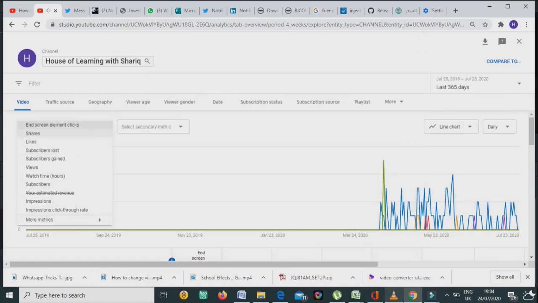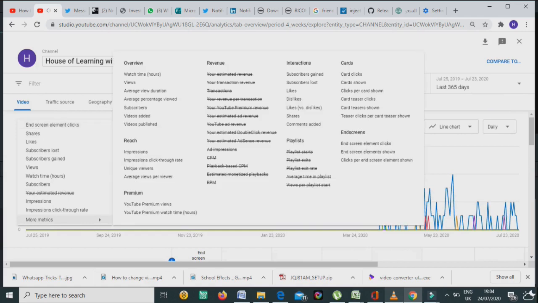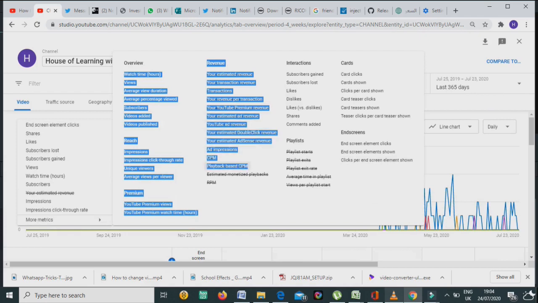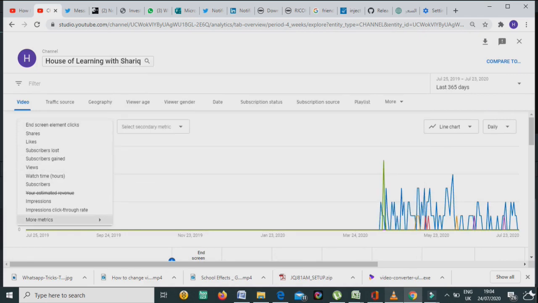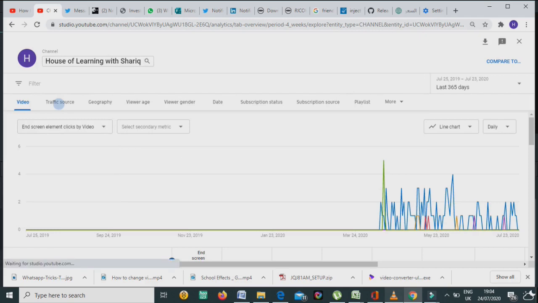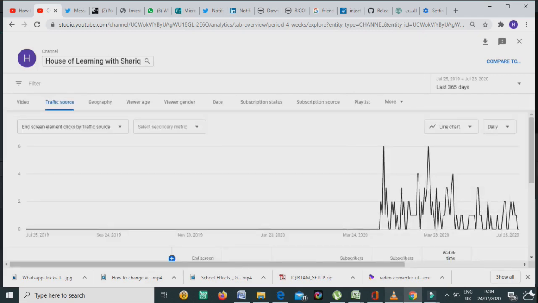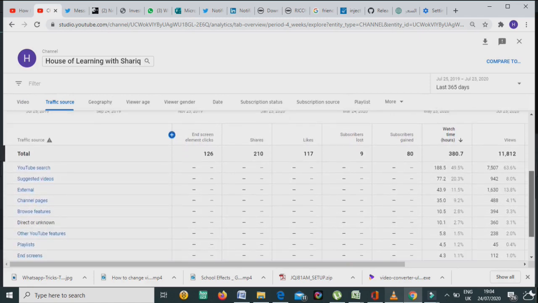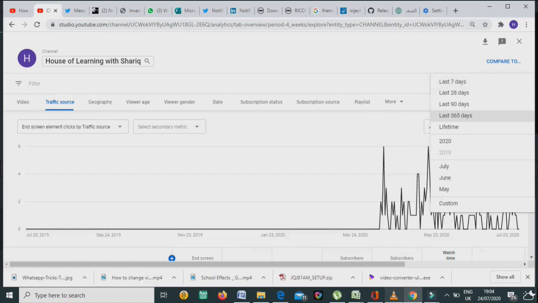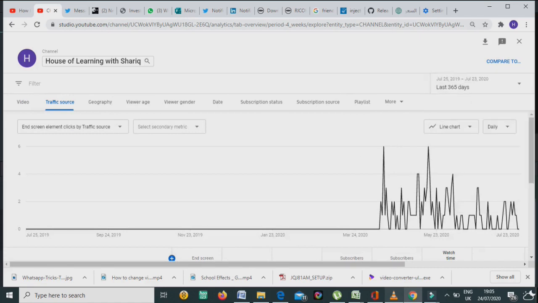Again I come on the last one, you can see all it's coming here, and also it will show in the columns. So you can see here all the views, hours, everything. From here you can go, and whatever you open, the columns will come, and the next one when you open, the previous column will be there. So from here you can see the traffic source. These things I explained in my last video for 365 days or 28 days or whatever you want.